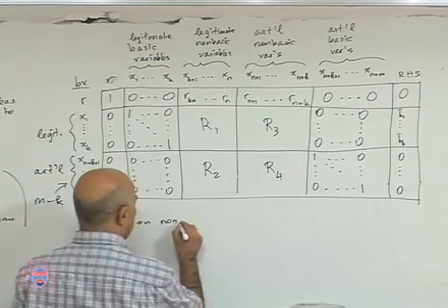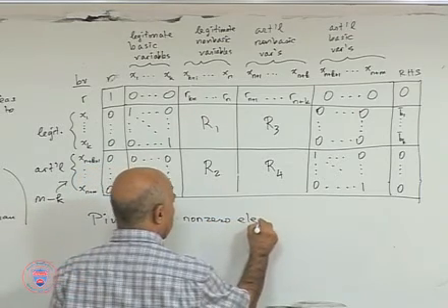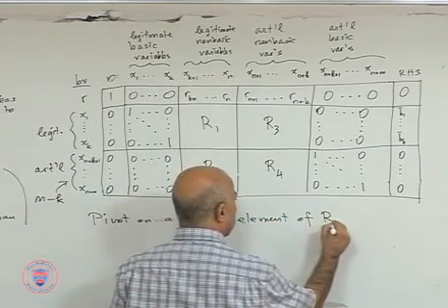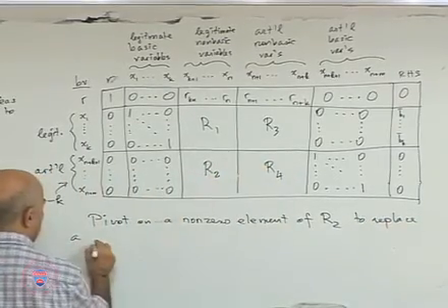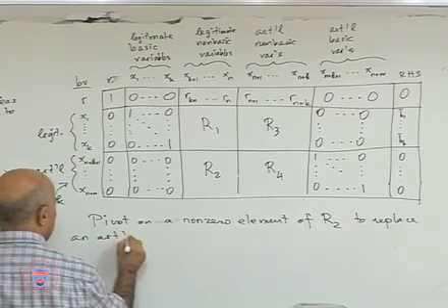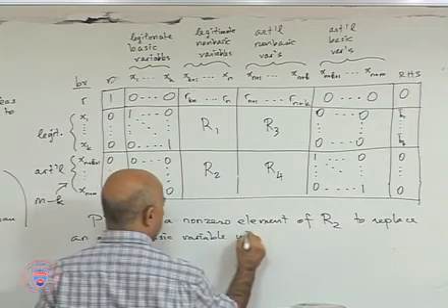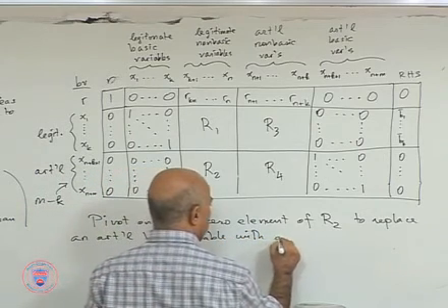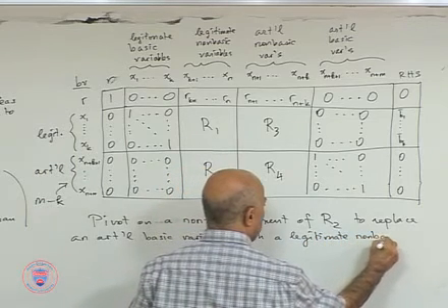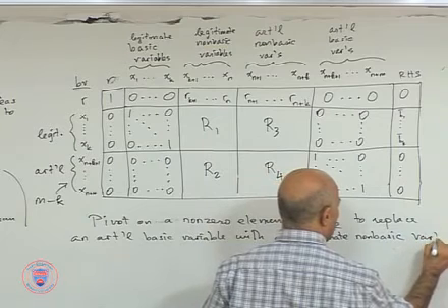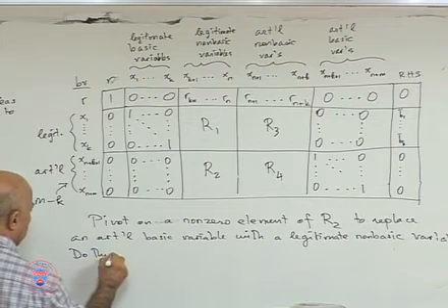So pivot on a non-zero element of R2 to replace an artificial basic variable with a legitimate non-basic variable. Do this repeatedly